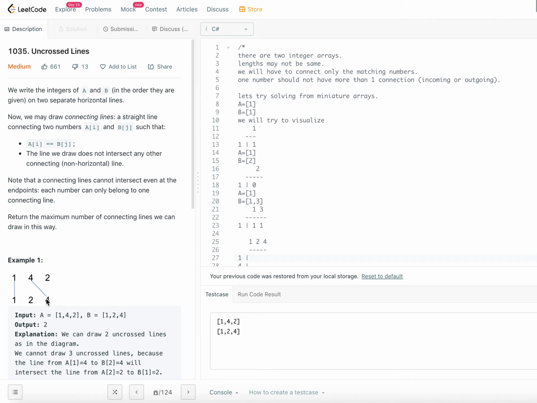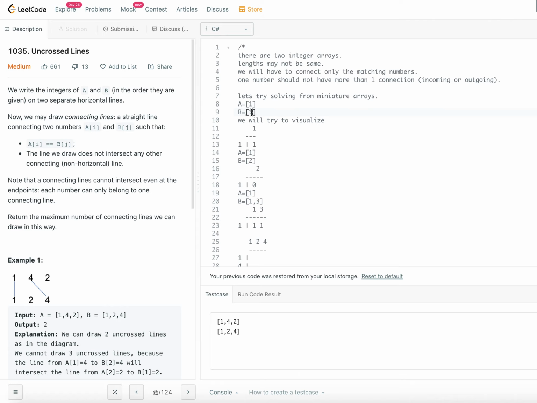So that is the approach that we are going to go towards. If the arrays are there, what is the minimum possible number of elements in the arrays? Obviously 0. But if there are 0 elements in both arrays, obviously we cannot connect. So what we would be saying is at least one element in each array. So we will start with one element. A has one element, B has one element, and the elements are 1 and 1.